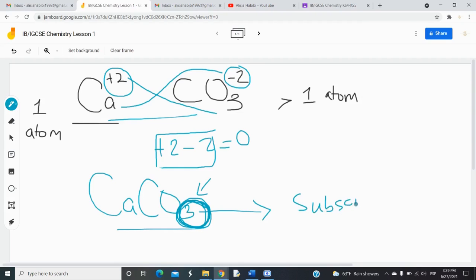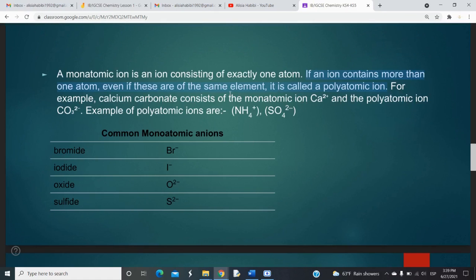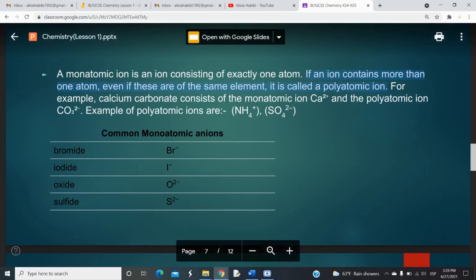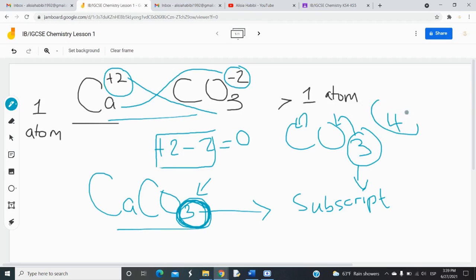So always remember, a subscript is a number right below a chemical element. Now, moving on, polyatomic ions are basically ions containing more than one atom, even if these are of the same element. So if you see carbonate and the subscript number is 3, it shows that there's more than one atom, because there are 3 atoms of oxygen and 1 atom of carbon, so a total of 4 atoms in this